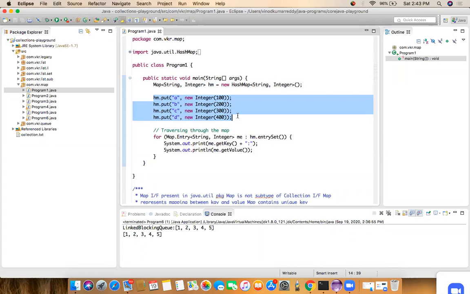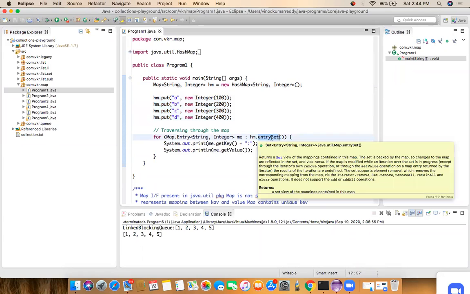Now, if you want to read all the elements of the map interface, it has the entrySet method. For all lists, sets and queues, we have an iterator. By using the iterator, we can get each and every element of the collection interface members.